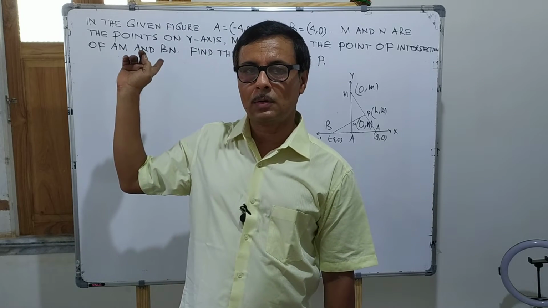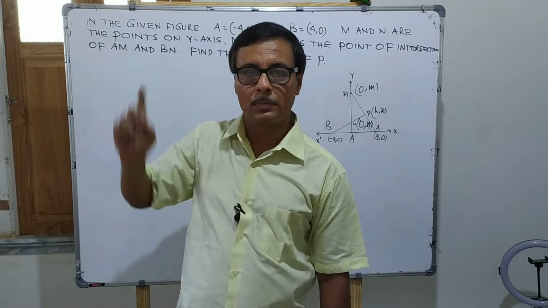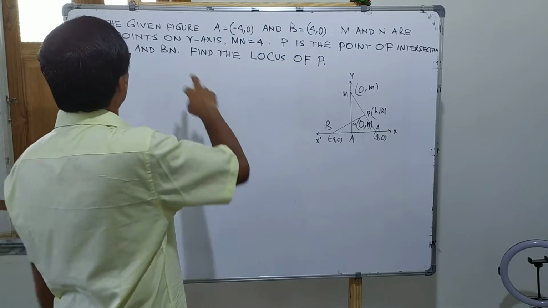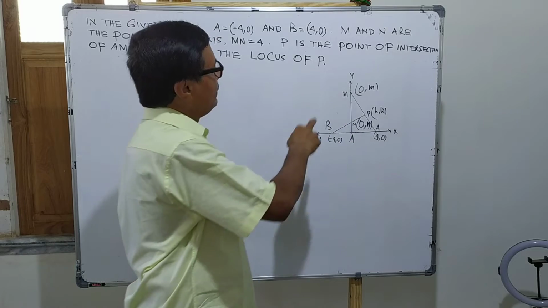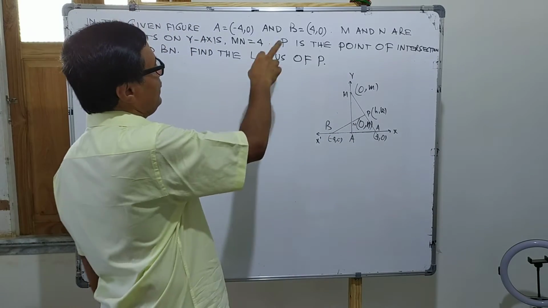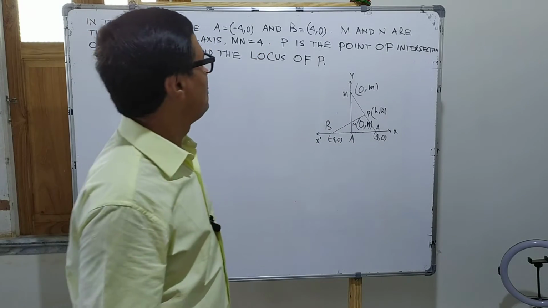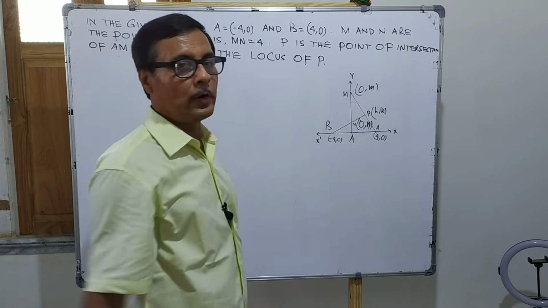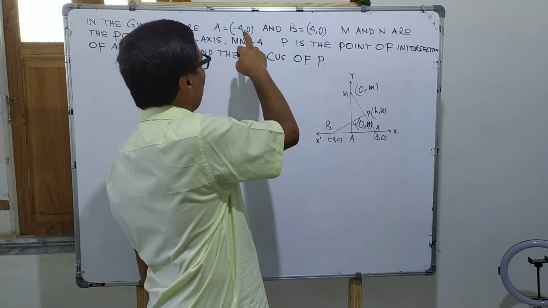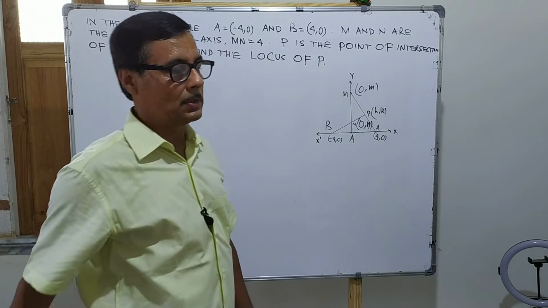Today we are going to solve a very interesting geometric problem. Here the problem is given as this. Here a figure is given. In this figure A and B are 2 points, and also these 2 points are on the x axis, and the coordinates of these 2 points are minus 40 and 40 respectively.